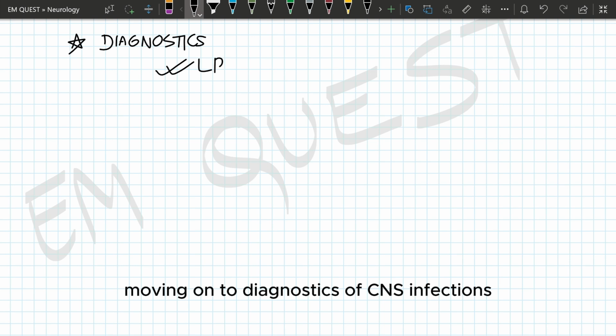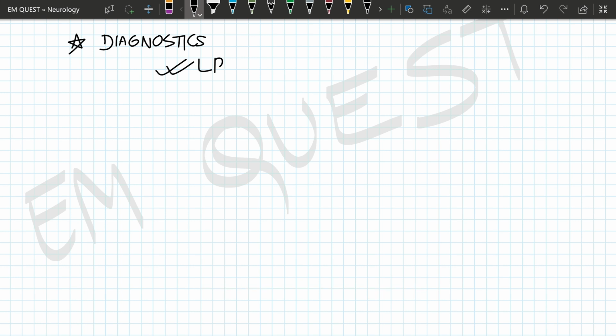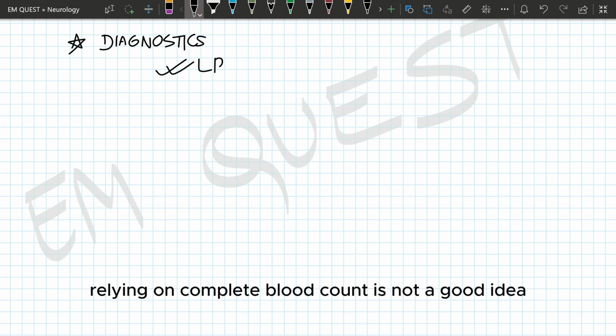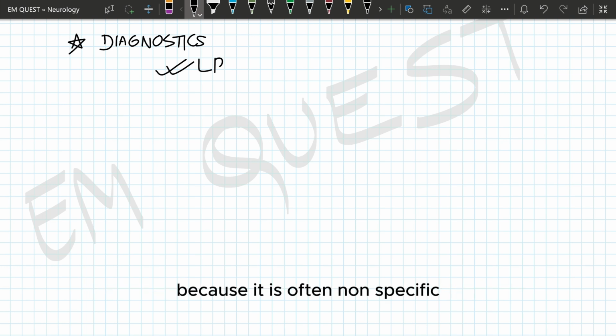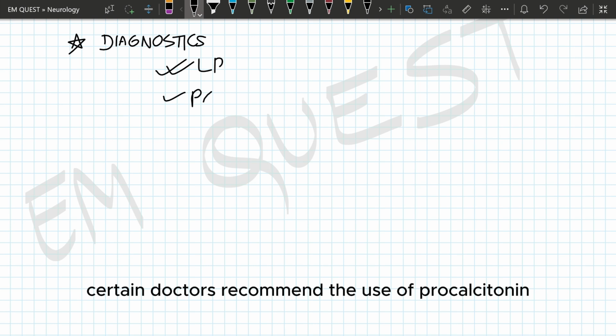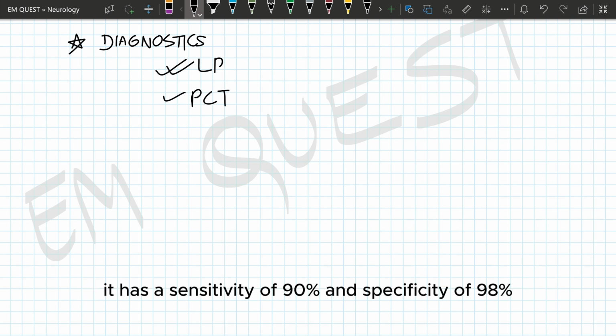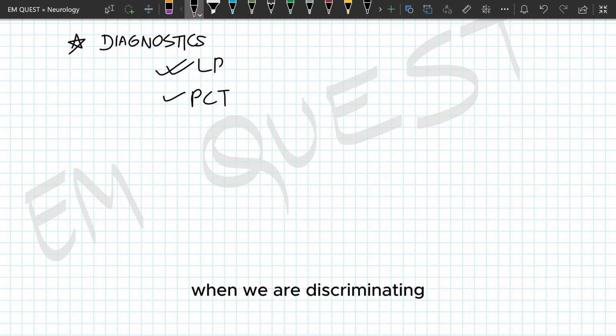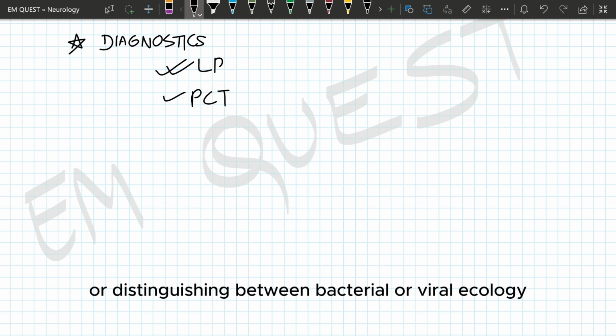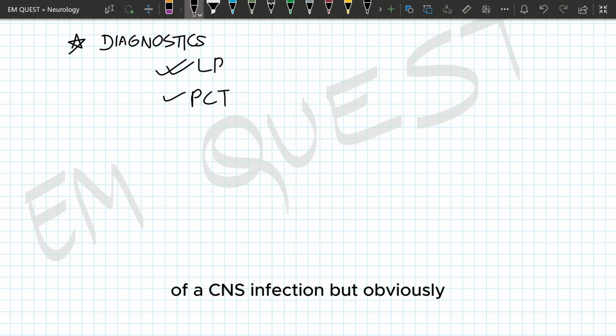Moving on to diagnostics of CNS infections, no test substitutes for an LP. Relying on complete blood count is not a good idea because it is often non-specific, and having a normal leukocyte count in a CBC does not rule out a CNS infection. Certain doctors recommend the use of procalcitonin. It has a sensitivity of 90% and specificity of 98% when we are distinguishing between a bacterial or viral etiology of a CNS infection, but obviously it does not rule in or rule out a CNS infection to